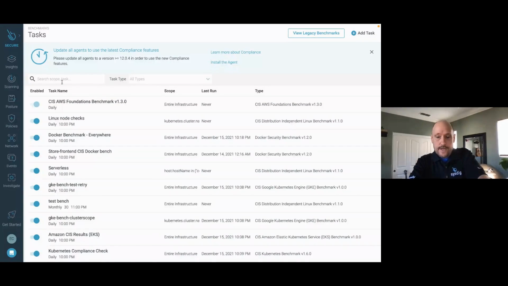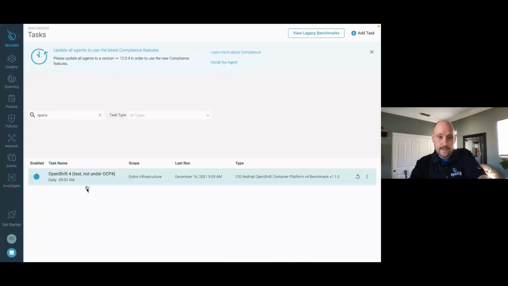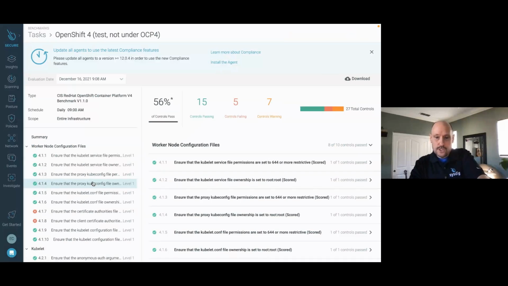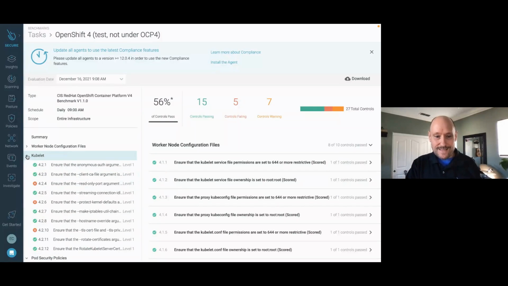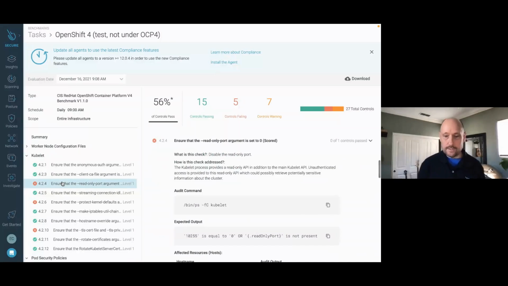So there are various checks, you see some here for AWS and other clouds, but I'm going to search on OpenShift, because we've implemented the ability to also check your OpenShift environments and understand how you stand against best practices, whether that's how your worker nodes are configured, things around kubelet or pod security policies, right? And if I'm not meeting that standard, let's say I take one here that is red,